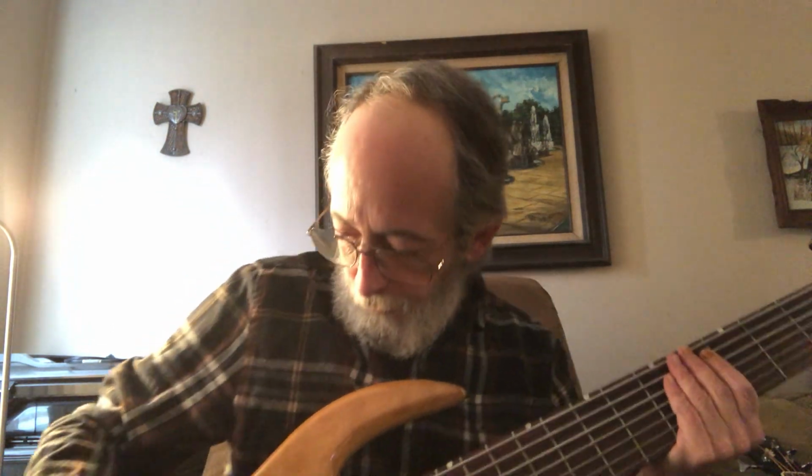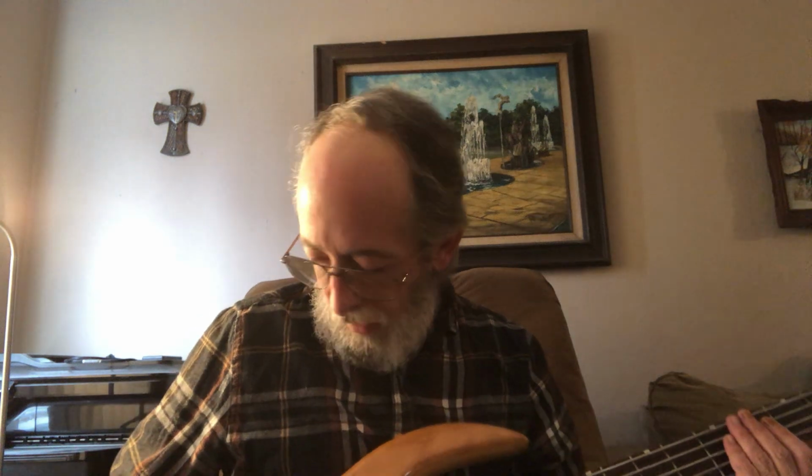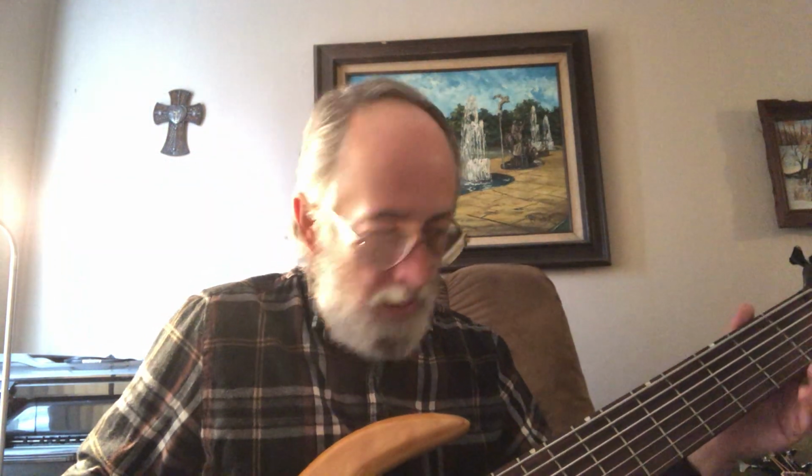Now normally with a 7-string acoustic electric bass, the additions are usually adding a low B for the B0, a C3, and an F3. But the F3 would normally be a plain string, and because I was playing mostly on the electric guitar at the time, I actually had him customize it where I had him get rid of the high F string, move the other 6 strings over, then gave me an F sharp 0. So the tuning of these strings